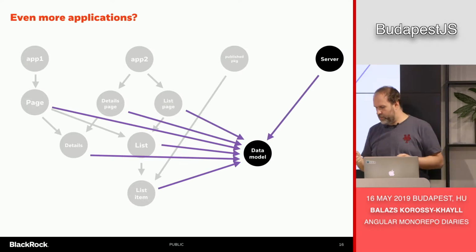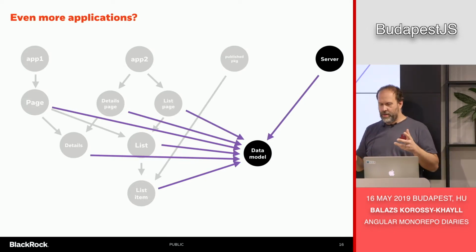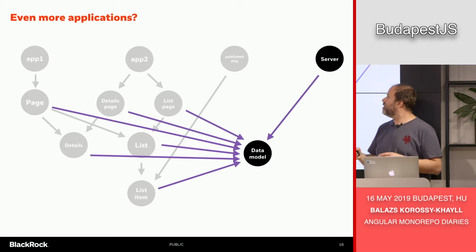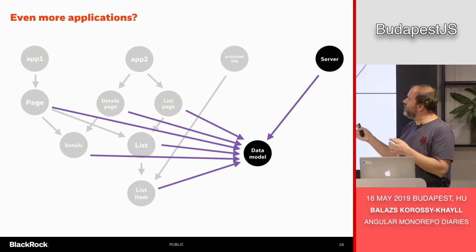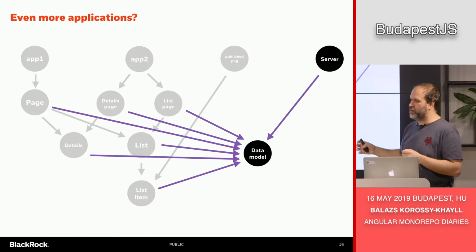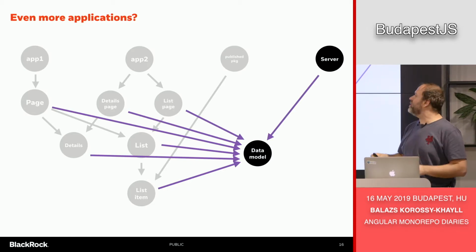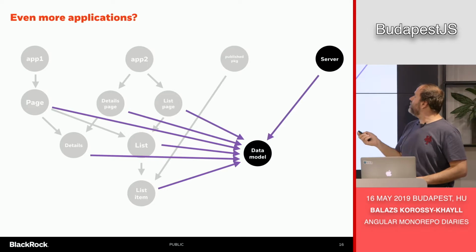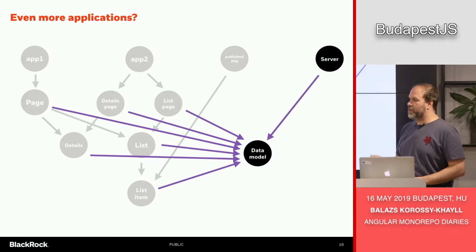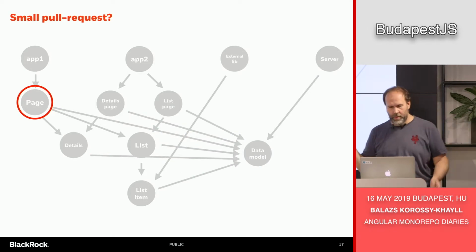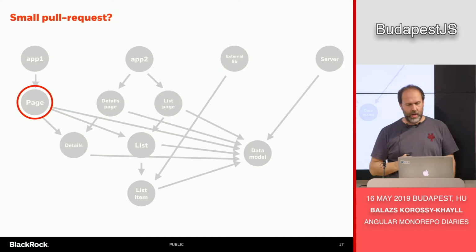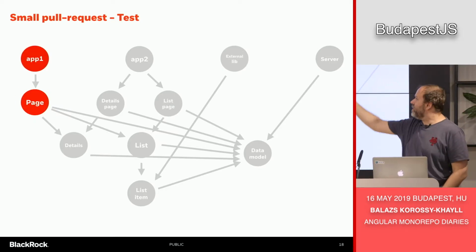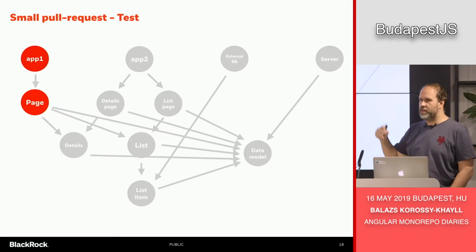But if you have more applications, the build time will take longer because what you can do is that you build every application in your continuous integration process, and that can take longer and longer with every new application that you introduce. So kind of what you expect is that if you change that piece of code, then what happens is that these two things are going to be tested, right?